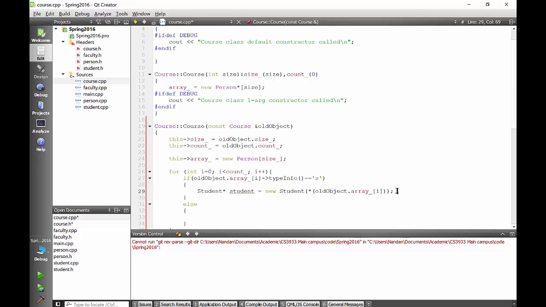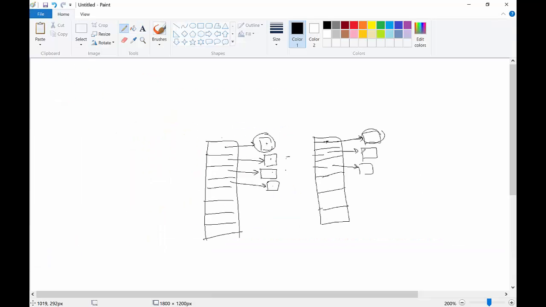And now I'll just call it student PTR, and what we need to do now is this dot array I. This is the new pointer. So now we have created an object. If we see it here in the picture, it's something like this. We just created an object